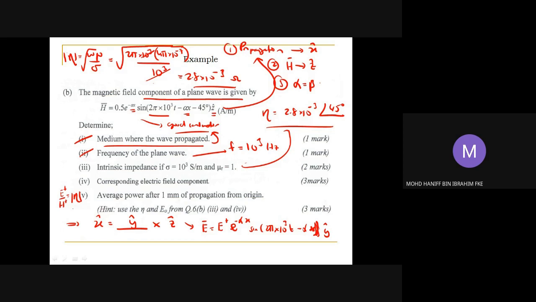So from here, we can say that the E field amplitude will be the H field amplitude multiplied with the impedance amplitude. When we calculate it, we have 2.8 times exponential negative 3 multiplied with 0.5. That will give us 1.4 milli. So we have 1.4 exponential negative alpha x sine of 2 pi times 10 power of 3 t minus alpha z